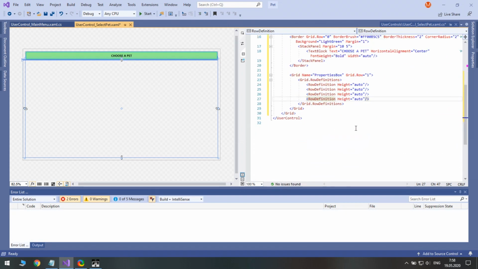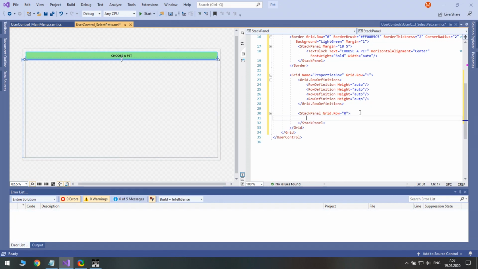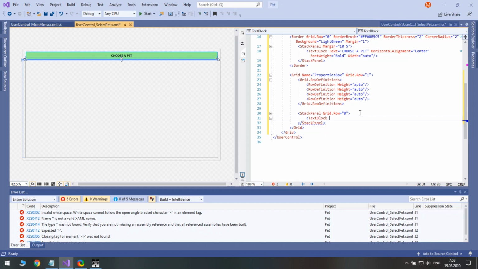In addition to game goal, we need to show game statistics, so let's use a stack panel. We can use one text block to both set the goal and explain the rules using line breaks.